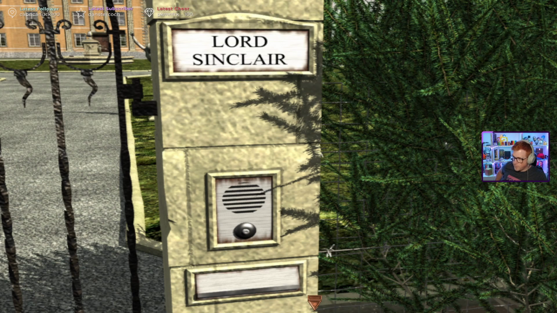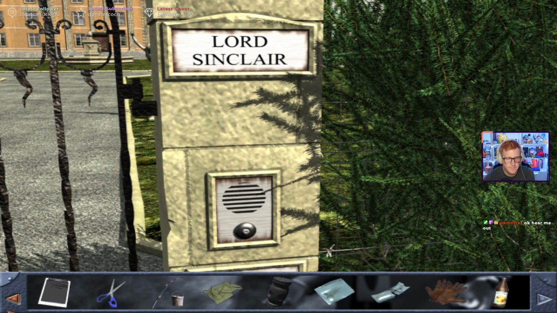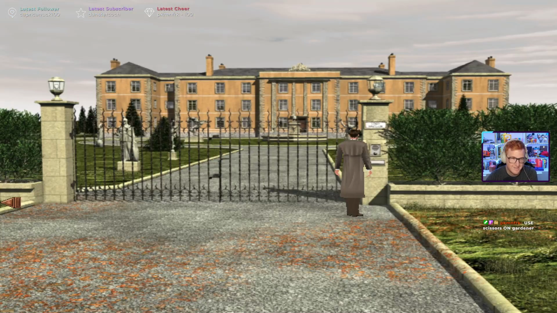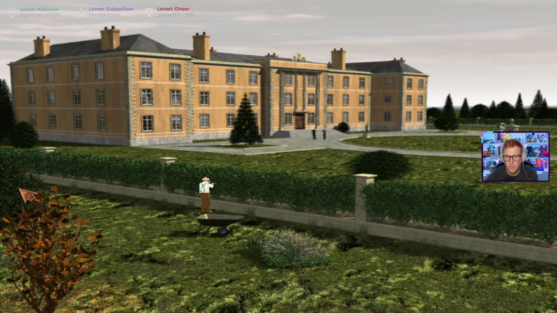Okay, either I need to get in through the front door, or I need to get that dude's shears. Right? Those seem to be the two options. I don't think I'm going to get in through the front door because the butler's a buzzkill. What have I got? I have gloves. I have apple juice. Use scissors on gardener. Okay. We robbed one guy. Why not stab another? Oh, hold on. That's the gardener's wheelbarrow. Wait, hold on. What if...